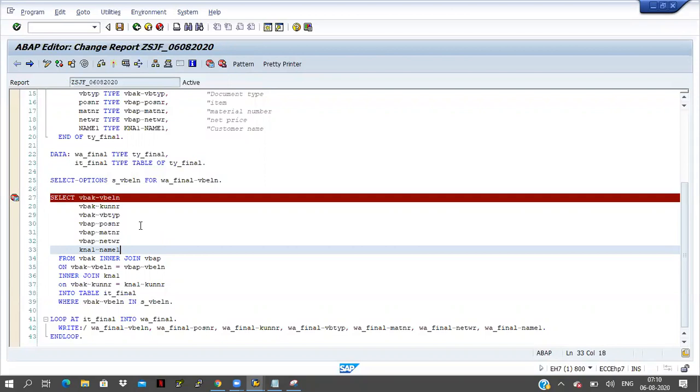What is an alias name here? Your name is something, say Venkatesh, but your pet name is a different one. In your family, family members will call you by a different name. In the same way, here also the table name will be there, and for the table name I will give some alias name.